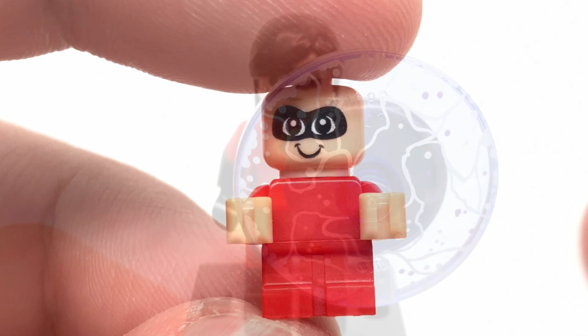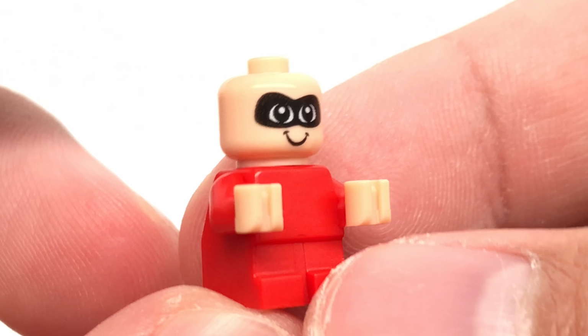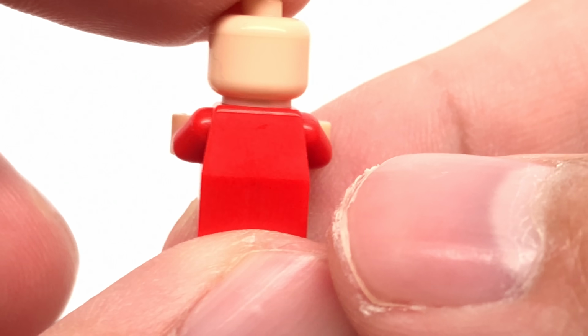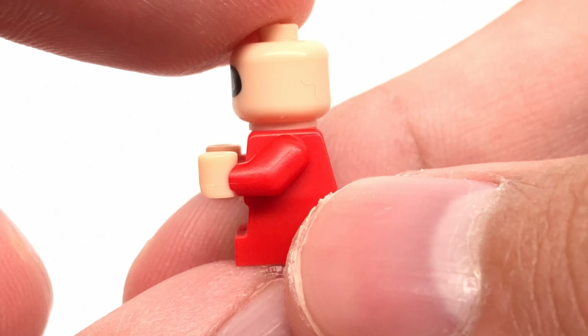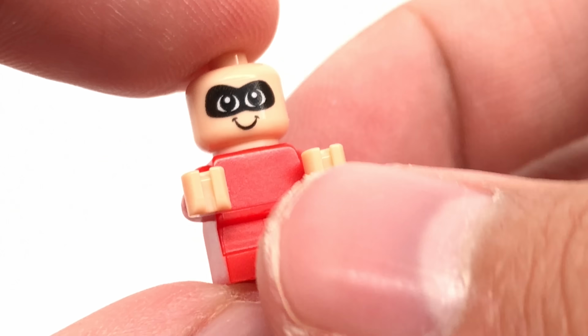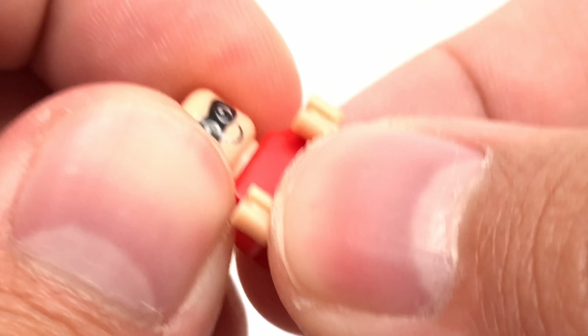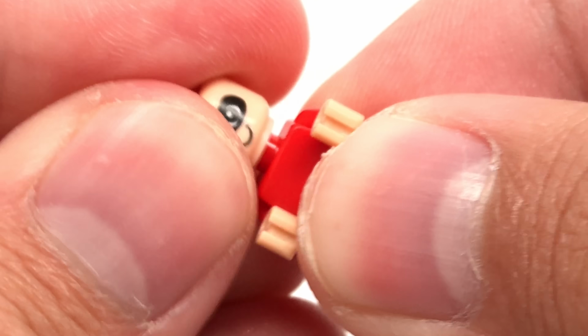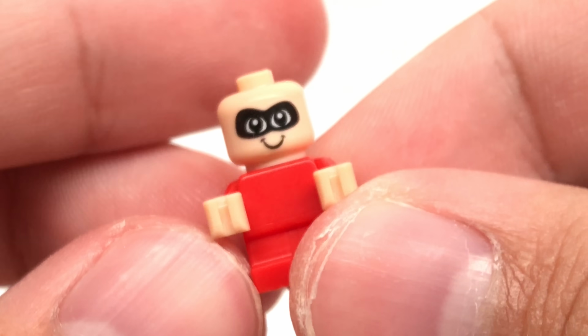So here is Jack Jack, and the design of this uses that 2016 baby mold, which does have some new colors here. We've never gotten it with flesh and in this red coloring. And of course, if you don't know how that works, it's actually two separate pieces where this headpiece can actually be taken off. Now, what I wish this had, and this can connect to one stud, is that strand of